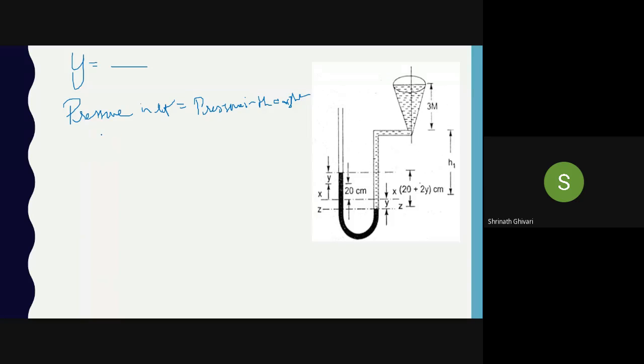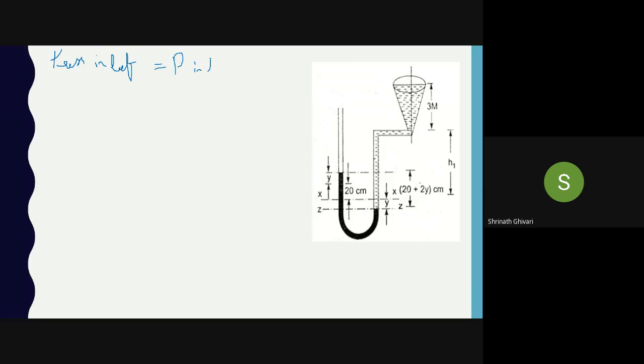See, why I have taken this sentence is because, do we have any pressure over here? Did he say that I am applying this much pressure like in the previous problem? No. He has just said that you have to find the level of mercury. So that's why I'm telling you that whatever the pressure is in the left limb, pressure in the left limb equals pressure in the right limb. Okay, so both are same.